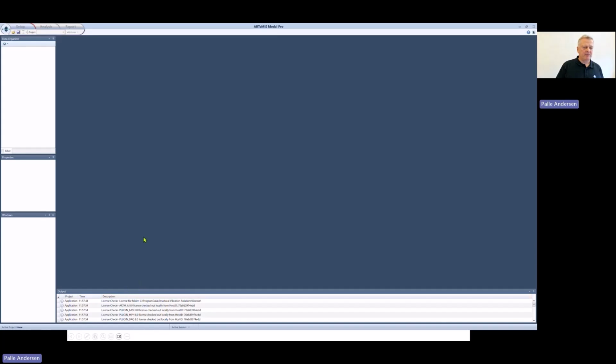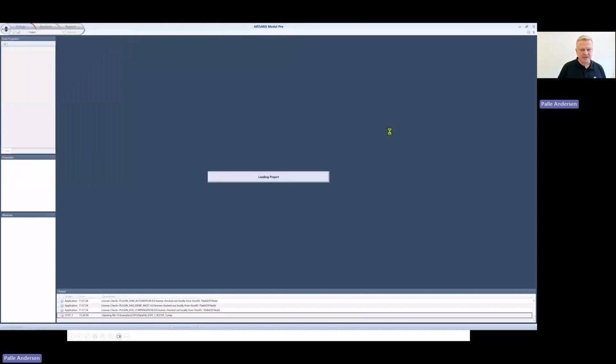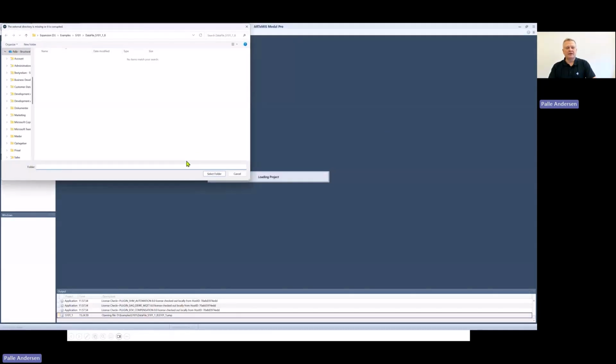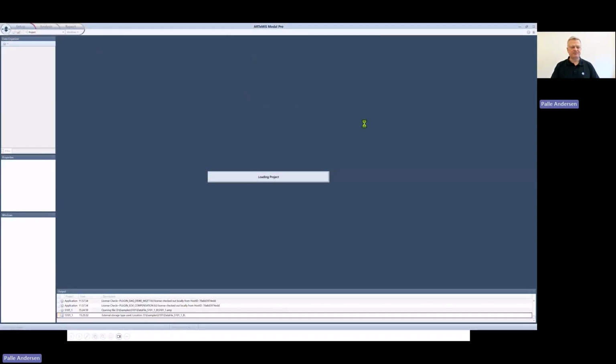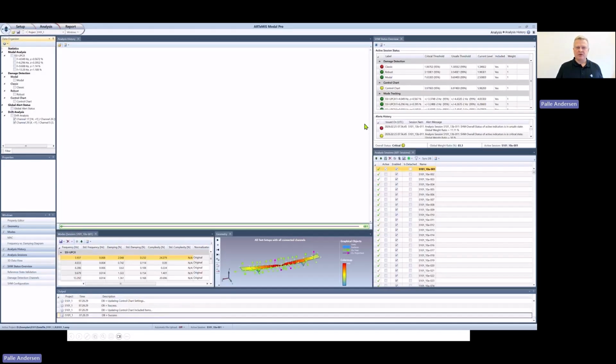So I have all these checked out here, so I can actually open a project that has been created as an SHM project. And this is then this S101 project that I'll be loading here. Let's see here now. It has already been processed, so it takes a little time to load. There are many things that need to be loaded into memory. But what we can see here now is